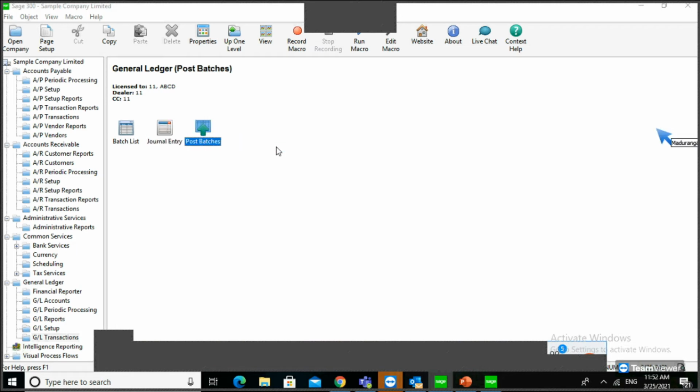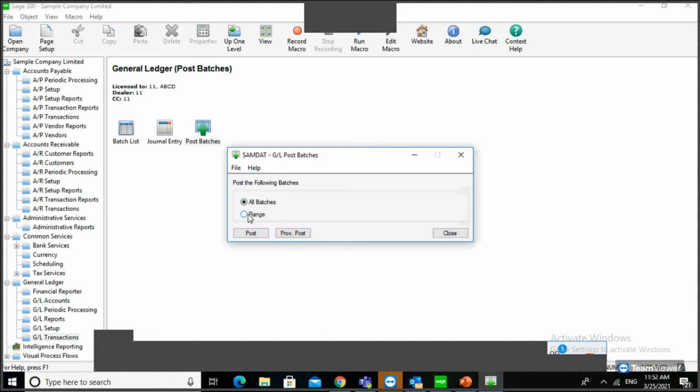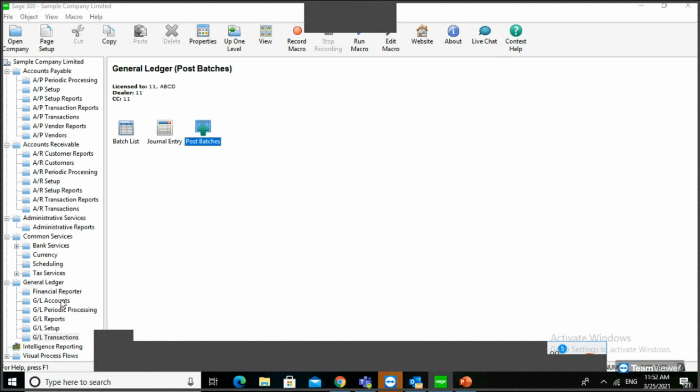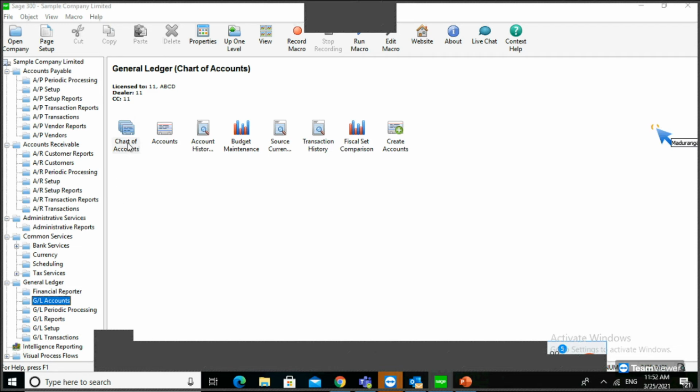You can post the journal entries with ready to post status as a bulk. This option is giving the bulk posting, but it's better to post one by one. It's recommended to post one by one because you can see the transaction and post it. Otherwise, if some transaction is wrongly posted, you can track the information. You can use the bulk posting option also. Then I'm going to the GL account.